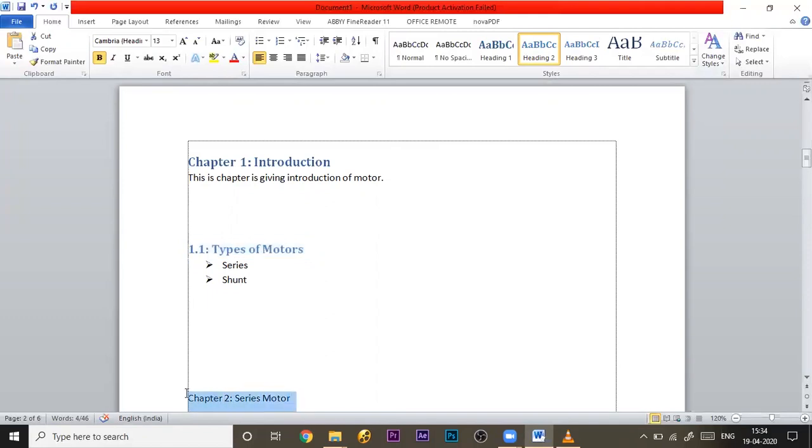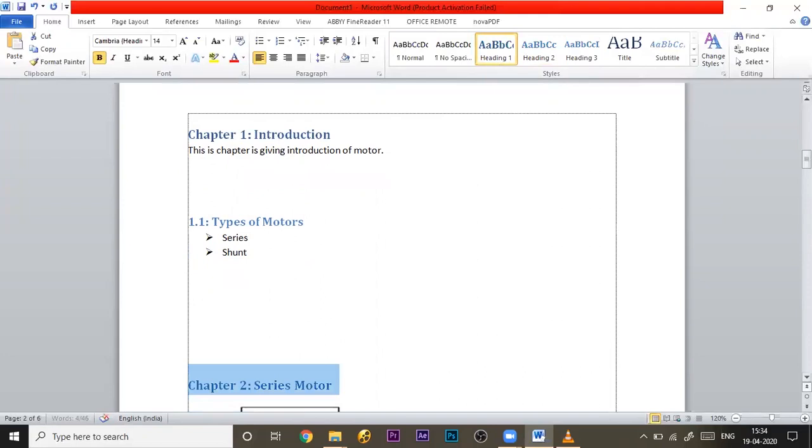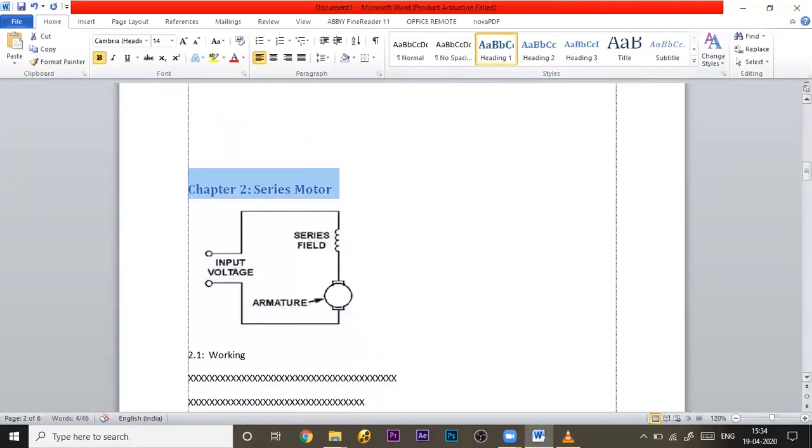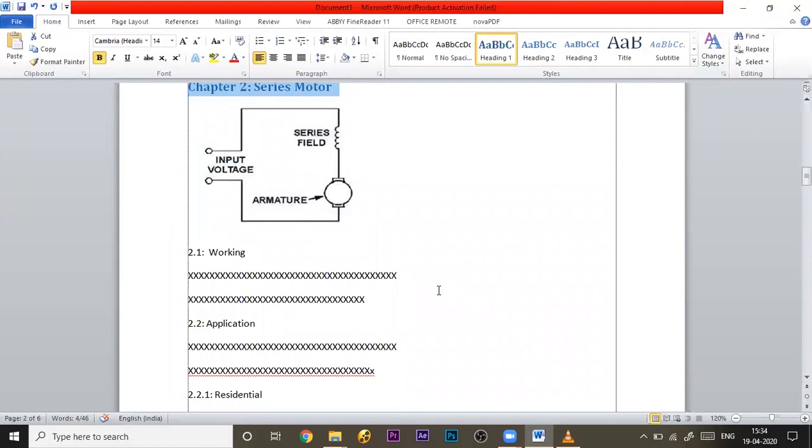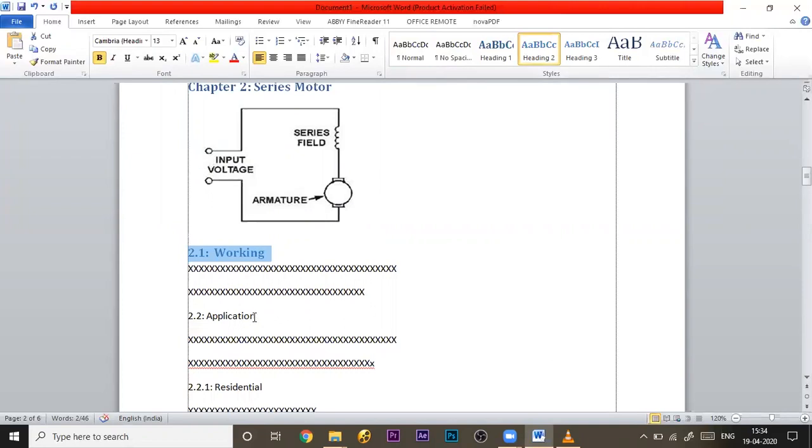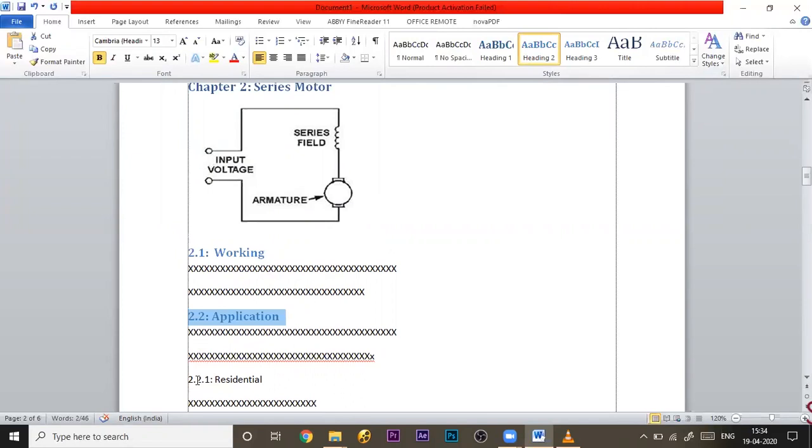And once again, chapter number 2. This is a new chapter, so select heading 1. Okay, in that, if there is a figure, you can keep anything, table or equation, whatever there is. Then 2.1, it is in chapter number 2, and that is a subtopic, so heading number 2. Then 2.2, so once again it will be heading 2. Now here you can see that there is 2.2.1. It is inside 2.2, so we can say it is a subtopic.